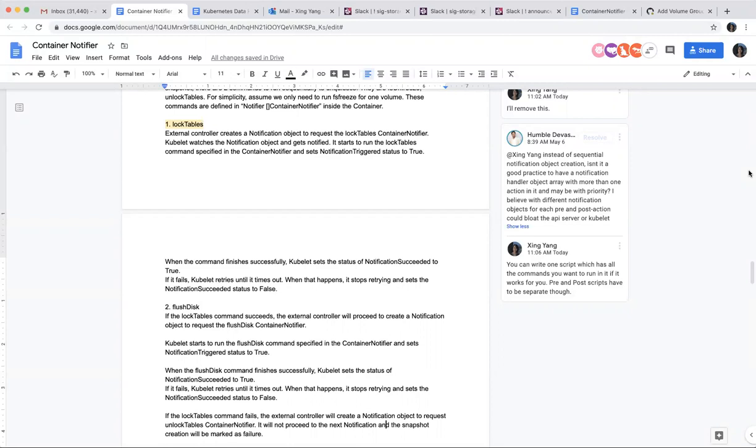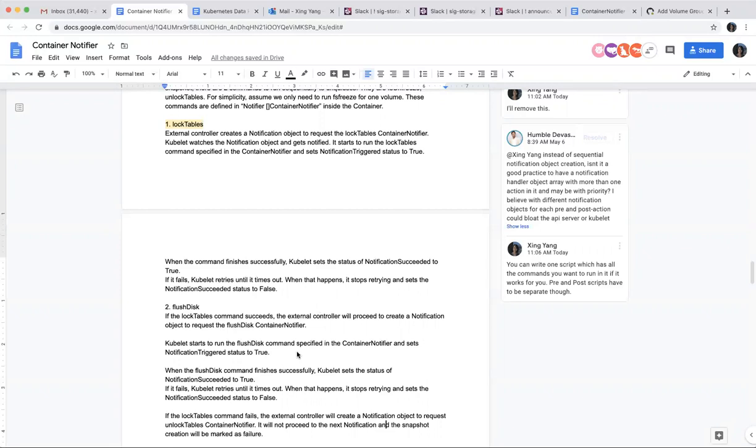Okay. All right then. So just to come back, Xin, we cannot have a priority defined for the notifiers. That is one takeaway. And if you need some operations to happen sequentially, we have to put different notifiers or handlers, and the kubelet has to pick it up and do the job. The limitation is basically from the kubelet, which cannot understand the priority. So there is no possibility of having it in the spec of the CRD, right?